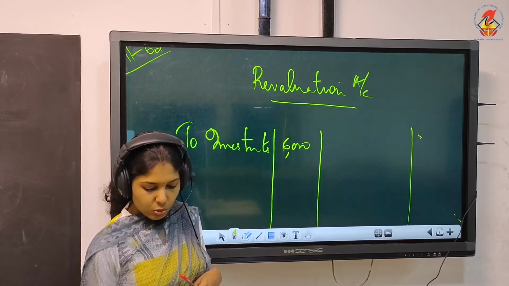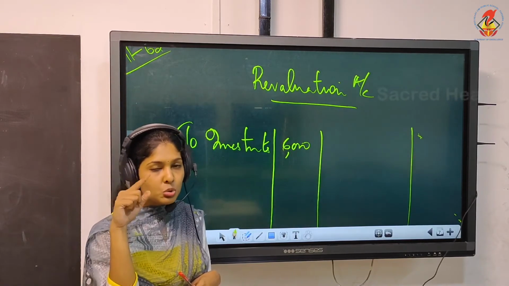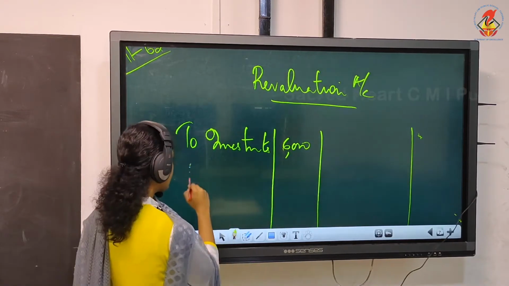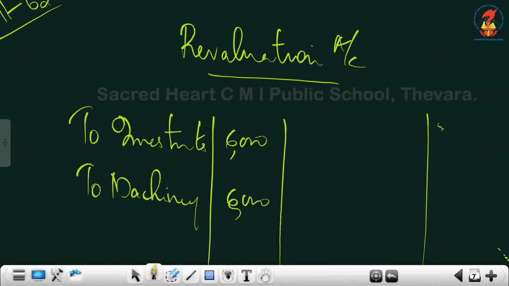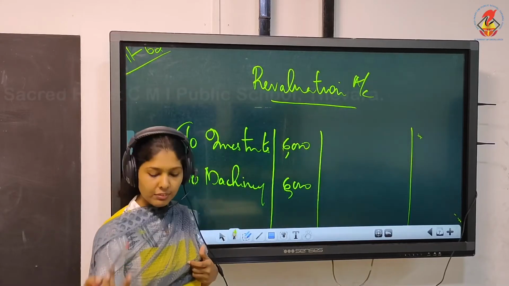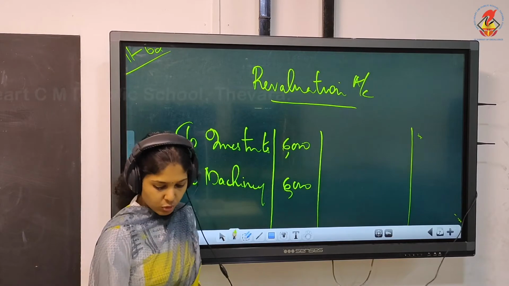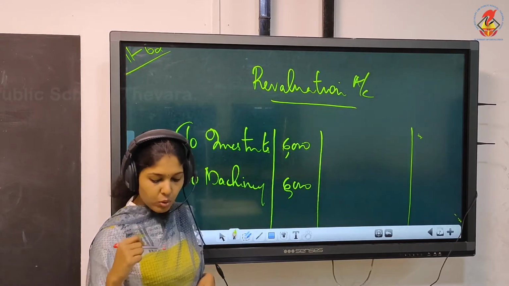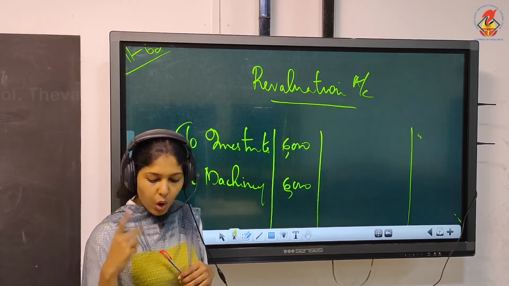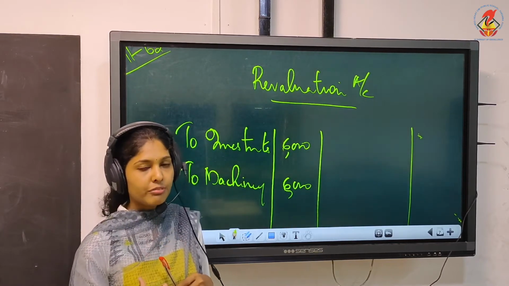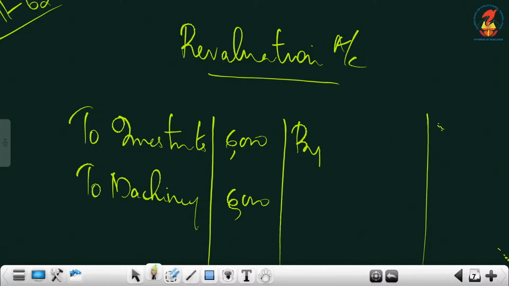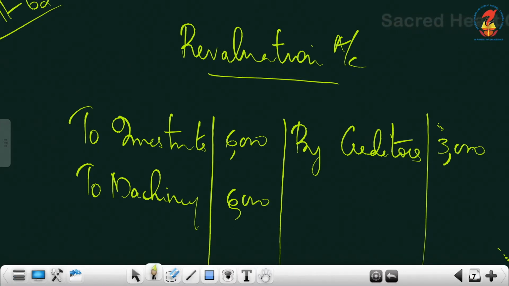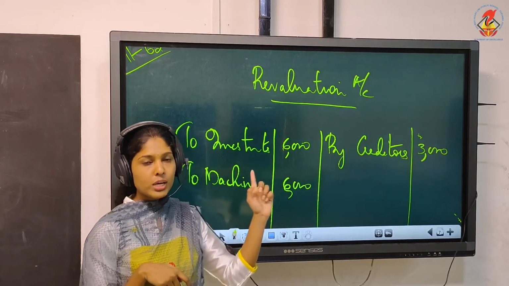Then machinery will be reduced to 29,000. The prefix is 'to'. You have to take the difference. And again it is a decrease in an asset. So To Machinery, and what is the difference? The balance sheet figure is 35, now it is 29. So the difference of 6,000 you have to write. Then is there anything else? Yes, there is one more adjustment. Creditors of 3,000 are not likely to claim, hence we are going to write them off. Meaning there is a decrease in liability, a decrease in creditors. So write it here on the credit side of revaluation. Creditors of 3,000, isn't it? Yes. So the revaluation account is over.